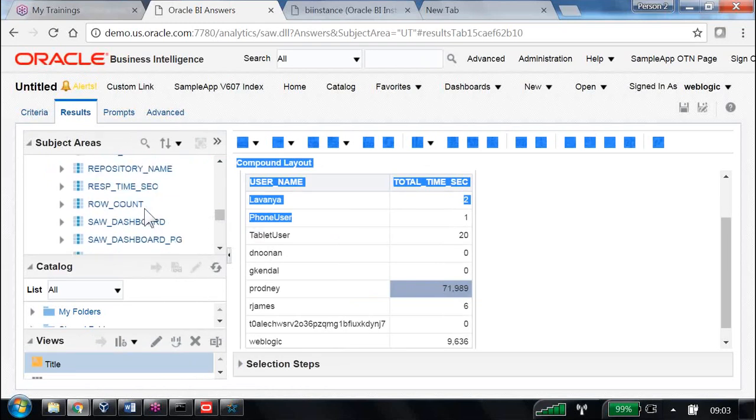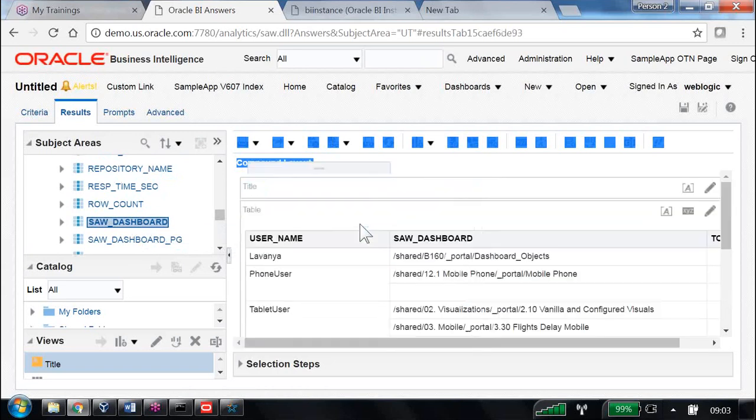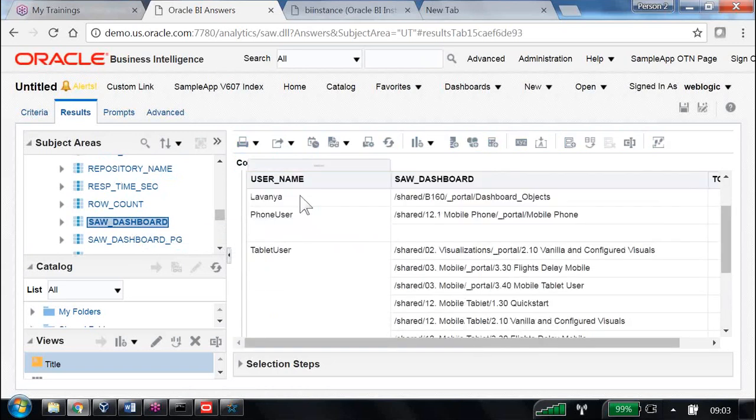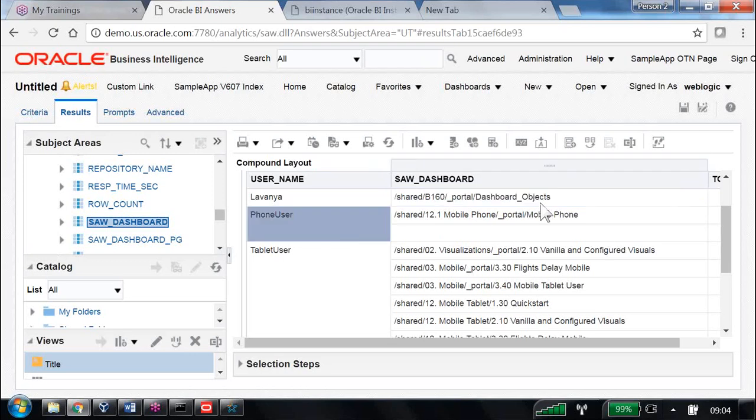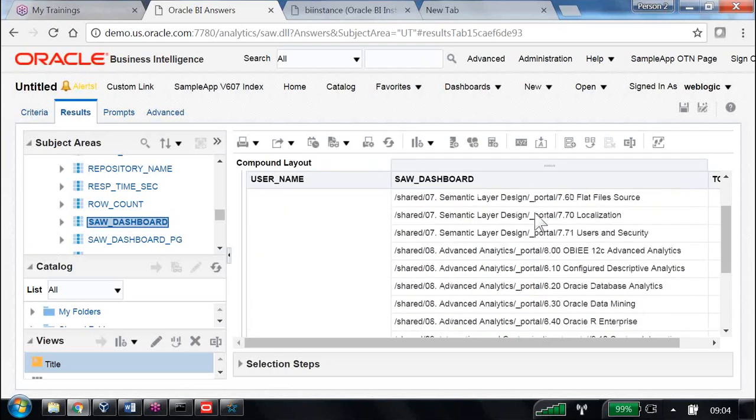There is a dashboards. Yeah, what is this? Dashboard column. The dashboard column we are taking it. Now Lavanya ran what dashboard she ran? Dashboard objects is the dashboard what she ran. And phone user ran, this is the dashboard. And WebLogic user